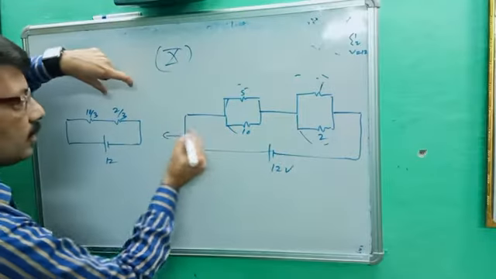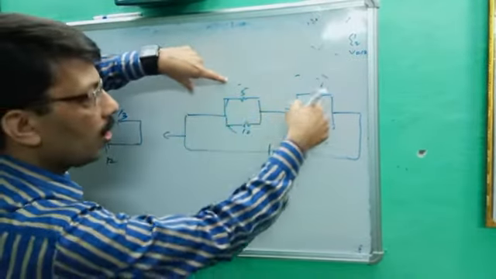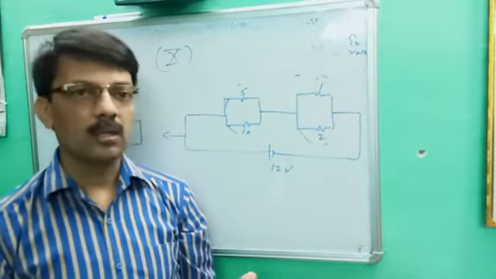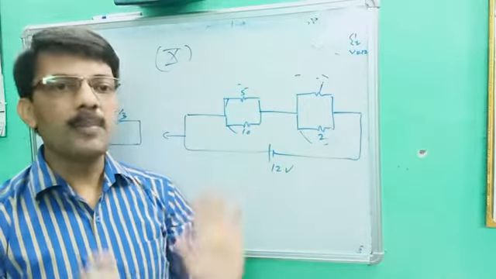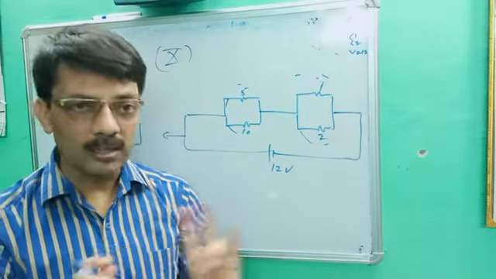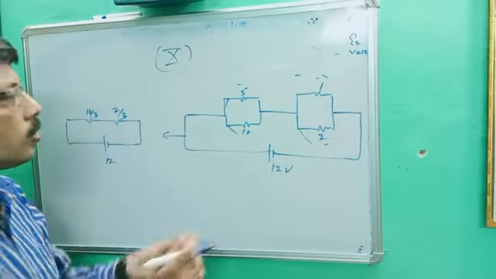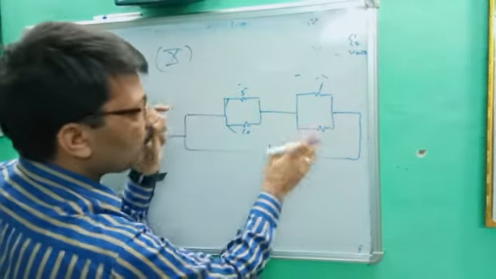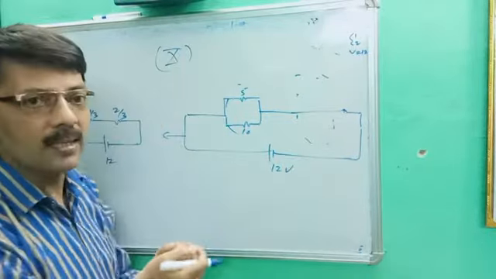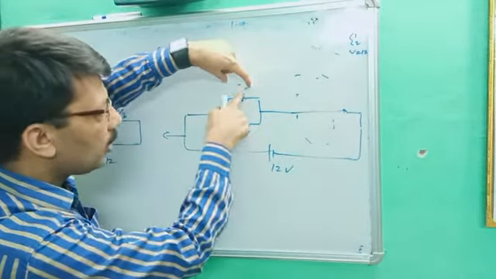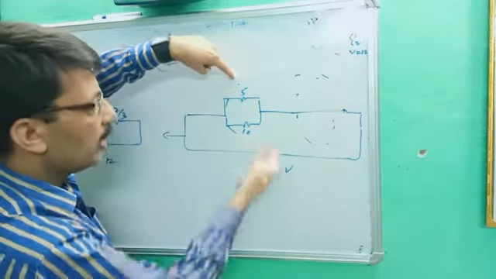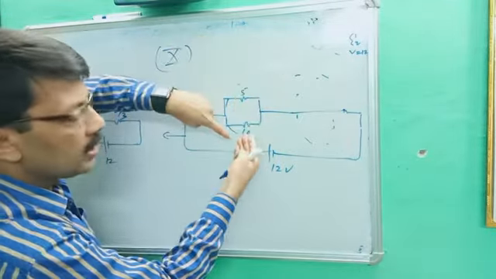Now our aim is to find out the potential for all. And you better know one thing: in parallel, potential remains constant. In series, current remains constant. In parallel, current will divide, but potential will not change. So first we find out the potential for that one. This is given. So what is the potential? Very easy. Its potential will be 12 volt, and its potential will again be 12 volt because they are in parallel.